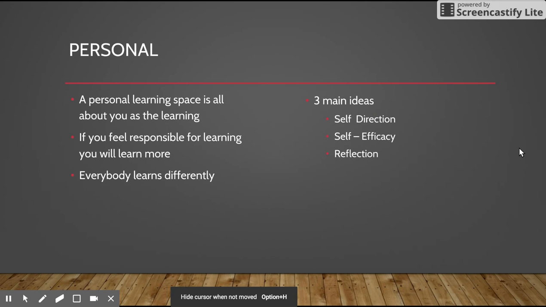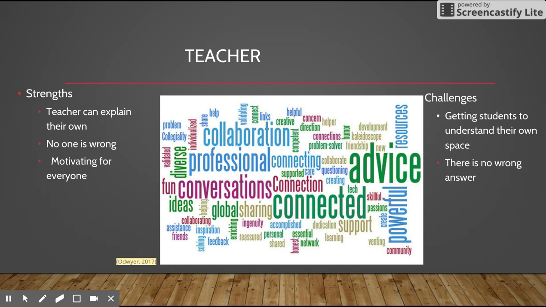First one we're going to talk about is our personal learning space, and this is the way that we learn and take responsibility for our learning. The three main ideas are self-direction, self-efficacy, and reflection. As a teacher, the strengths lie in the fact we can explain our own learning to the students. It's really motivating because, again, it's your own and no one is wrong, so we want to encourage this in our students. The challenges lie in actually getting the students to understand their learning and the way that they learn